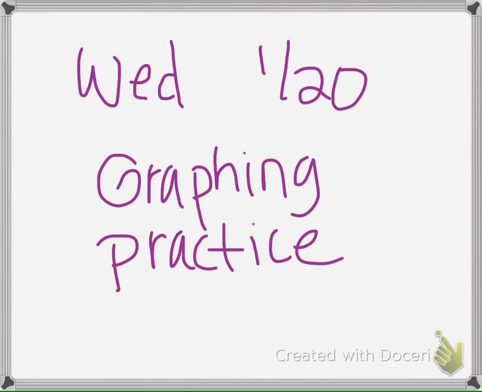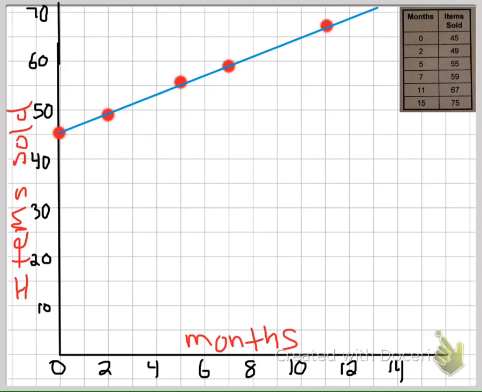This is homework for Wednesday, January 20th, for those of you that have the graphing practice homework. So your first thing you needed to do was graph the table I gave you that were months and items sold. I made this one a little tricky because I didn't count by a perfect amount on both sides, because I wanted to make sure that you guys were able to label your axes correctly by counting by an equal